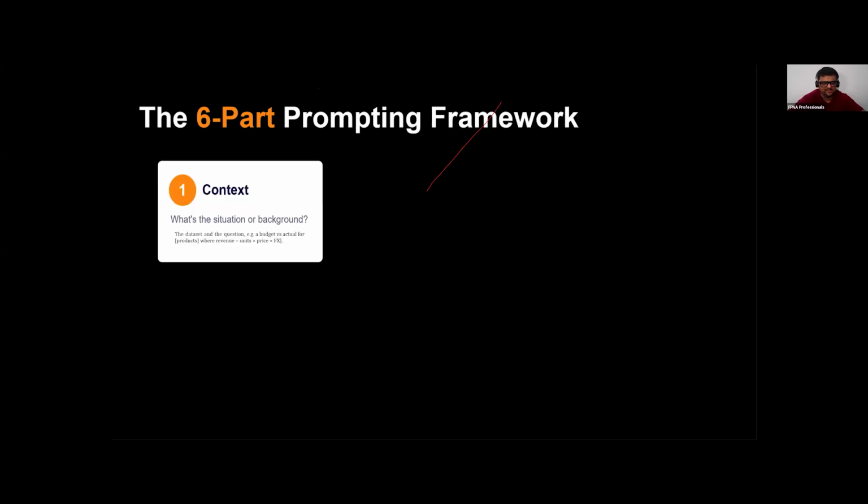The first one is the context. You need to tell ChatGPT or Claude or Copilot what the background is, or what the purpose of your